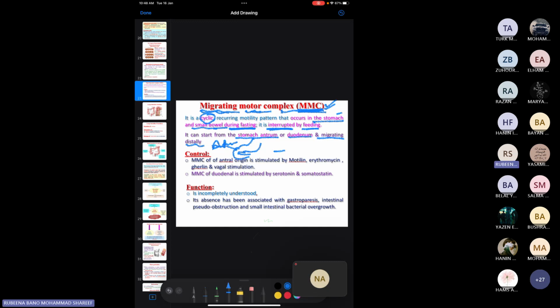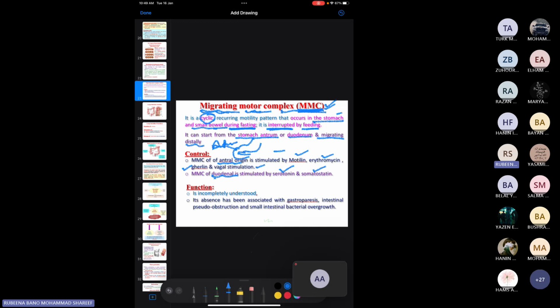This MMC originates in the antral part of the stomach. It is stimulated by hormones like motilin and ghrelin, also by vagal stomach stimulation, and drugs like erythromycin. And the MMC which originates in the duodenum is stimulated by serotonin and somatostatin. Function: it is clearly not known what the exact function of the migrating motor complex is, but it is seen